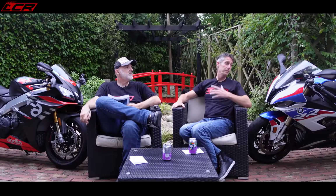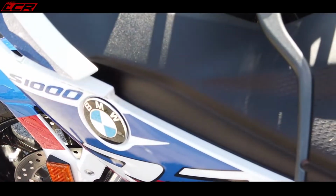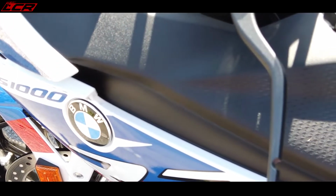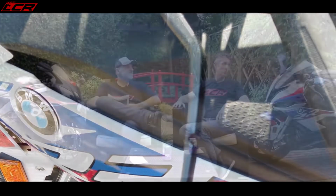The BMW, I think there's absolutely nothing wrong with it, and it seems well built, but it does feel a little bit cheapy, plasticky. There's some things that you tap that I don't like. I'm not in love with the frame. I think we've got to consider that these are both £20,000 plus bikes. And so the quality is respective of the money you're paying. Exactly. I think I'm going to give the BMW